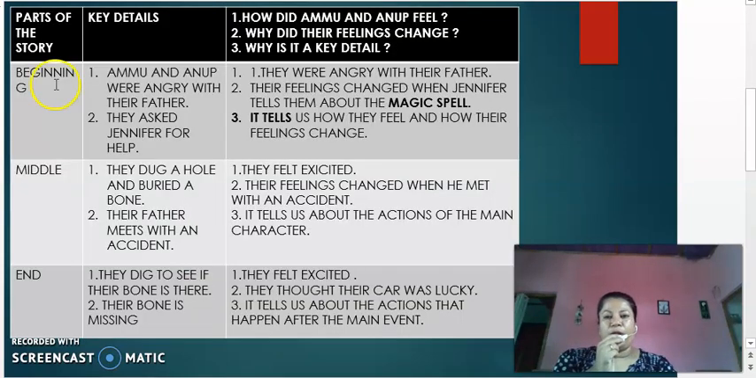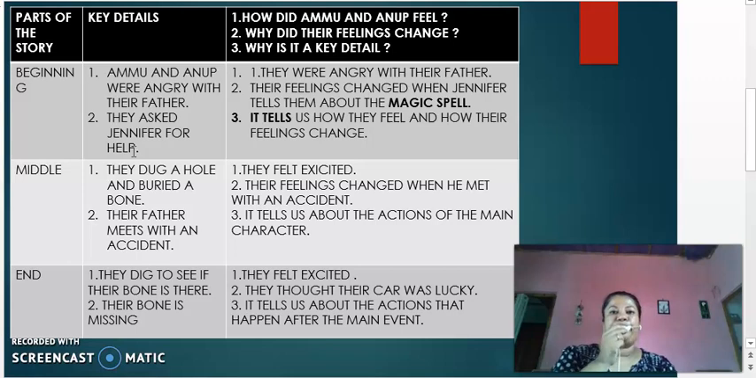So, we all know that there are three parts in a story, that is the beginning, the middle, and the end, right? I've already told you this in the previous classes. We already know that the beginning introduces the characters, the setting, and also the main action. Over here we know that the characters are Amu and Anup. They were angry with their father, and the main action was that they asked Jennifer for